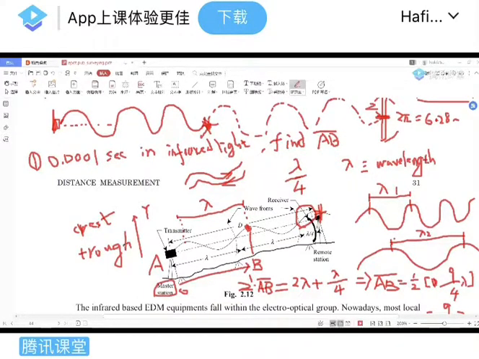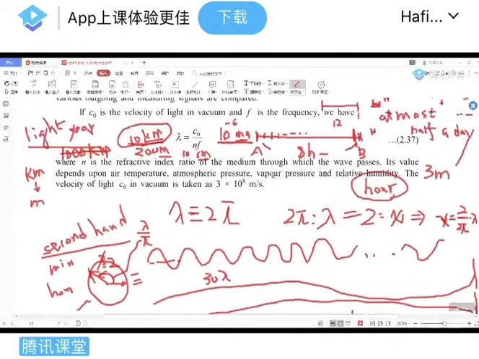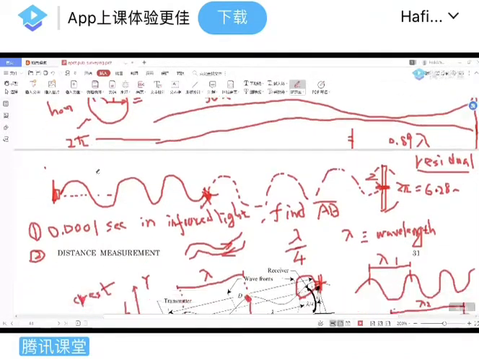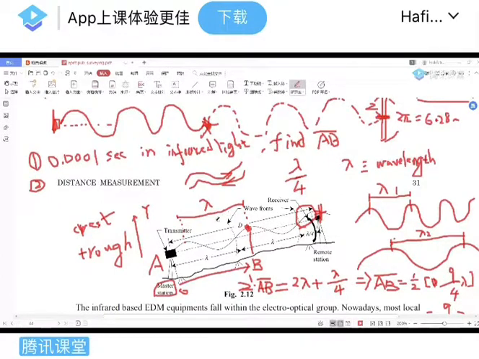Okay. Question 1. Question 2. For this question you don't have a timer. You don't have a timer. But this question is probably easier. You use the hour hand, second hand, modulated wave. You find out in total it is